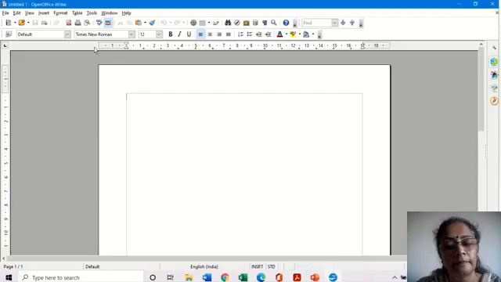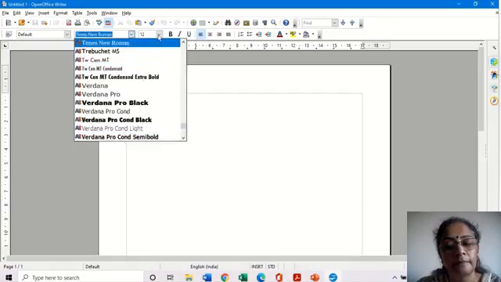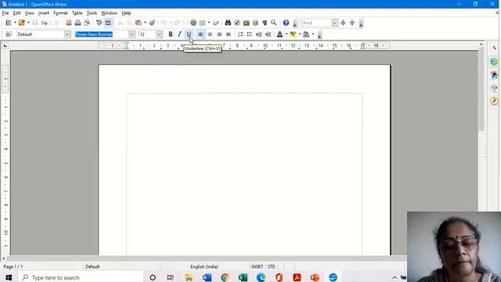So whatever formatting we do, the change in the font style, the size, making it bold, italic, underlining, alignment of the text, or giving bullets, numbering, changing the font color, or giving a highlighting, or giving a background color to the entire page, all these are some of the formatting options. And under the styles, we can give different styles for the text and make our work much easier. So that is what we are going to learn in this first session.